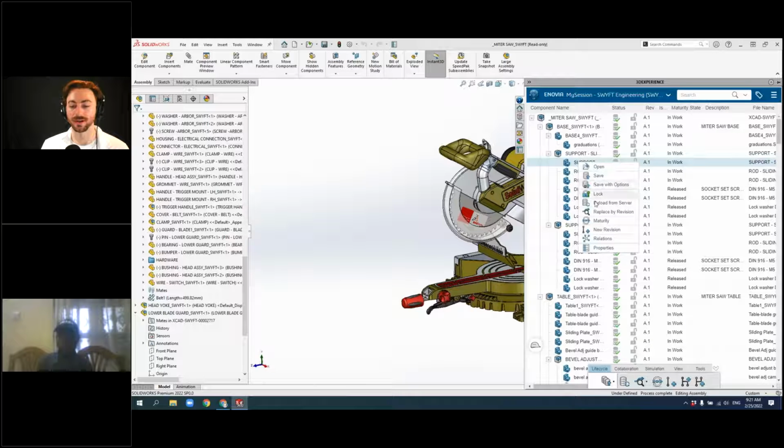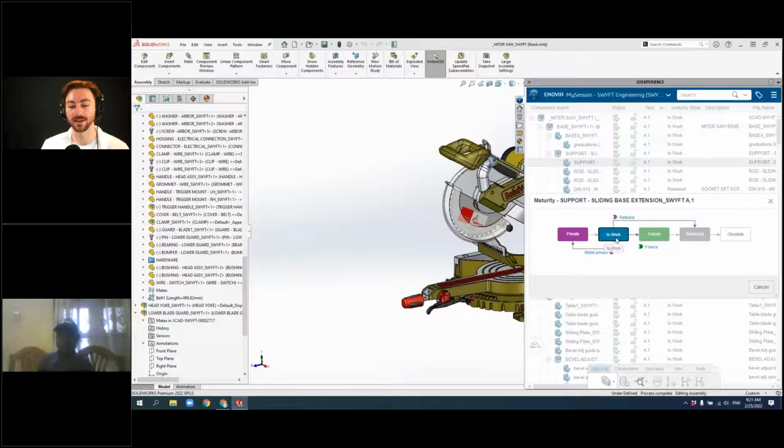So you have options for maturity flows where you can come in and make something private if you don't want anybody else to be able to search it, and work if you want to have it at a state where everybody else can reserve it and make changes and save those changes. You can freeze it to stop other people from working on it while it's under review, and give a status that it's under review so that people don't go in and make any changes. And then you have a release state which prevents anybody from making any changes until a new revision is created.